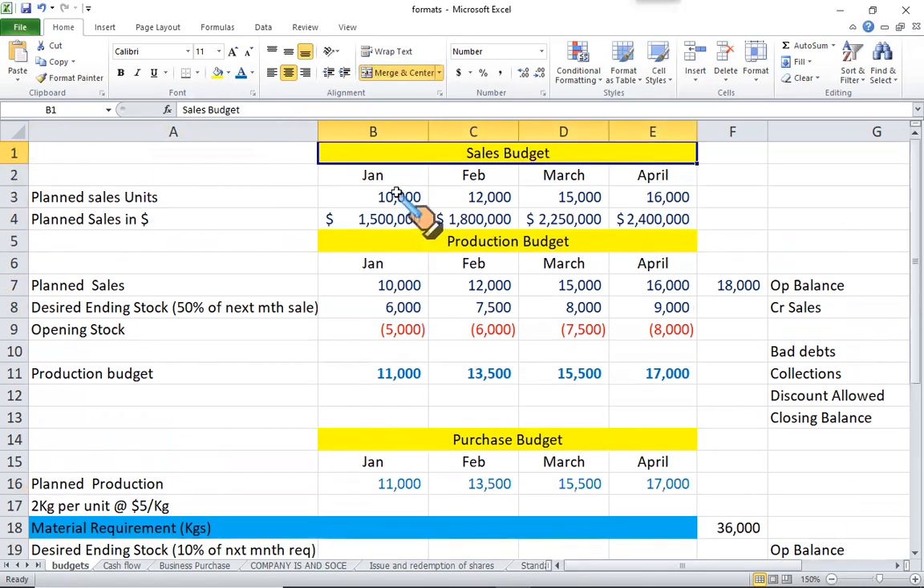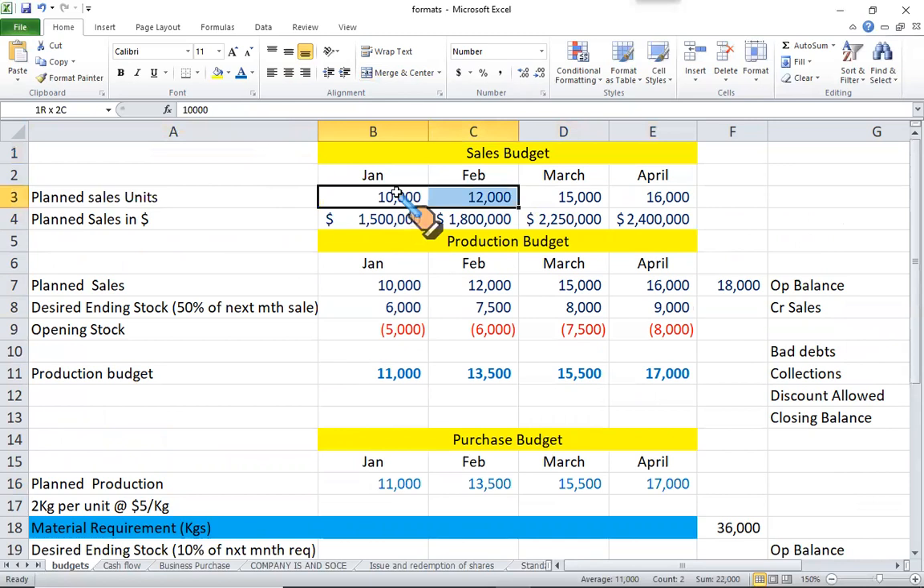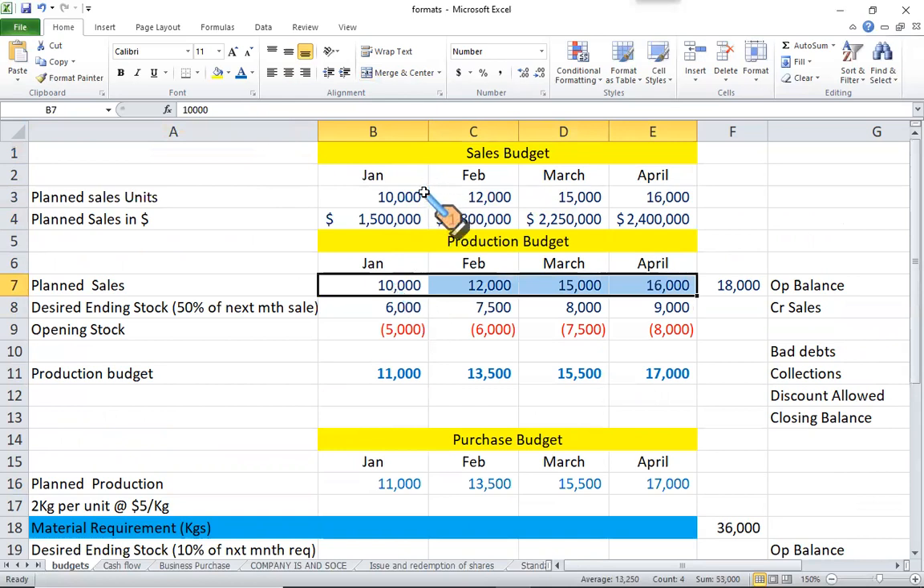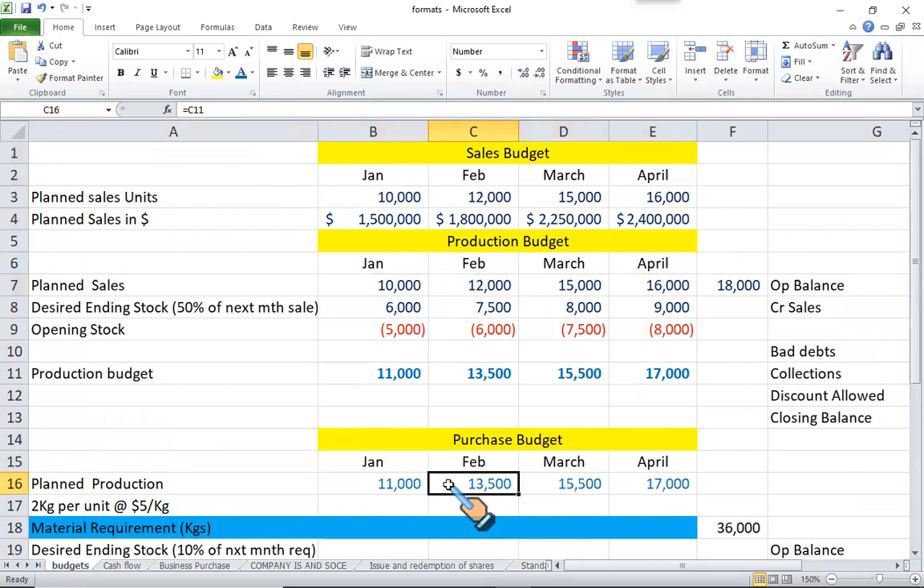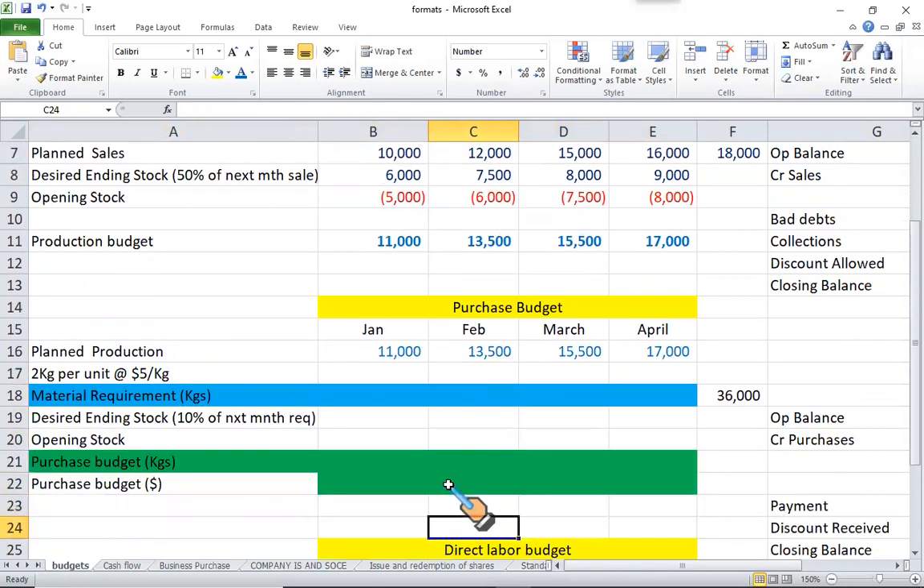Let me show you how it all works. We started with sales. You saw these numbers 10, 12, 15, and 16 as an input to your production budget. So sales become input for your production. And similarly, production 11, 13,500, 15,500, 17, it is input for your direct material purchase budget. So they are linked. One thing leads to another. Okay. Now,